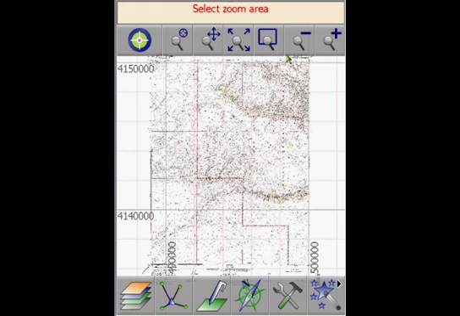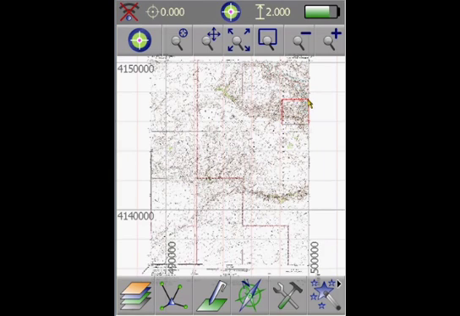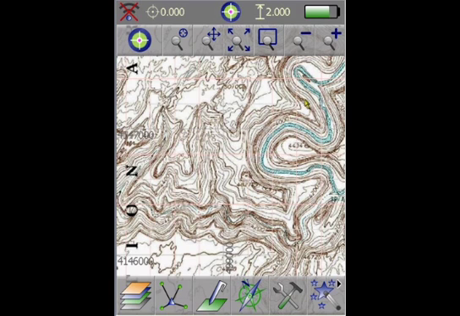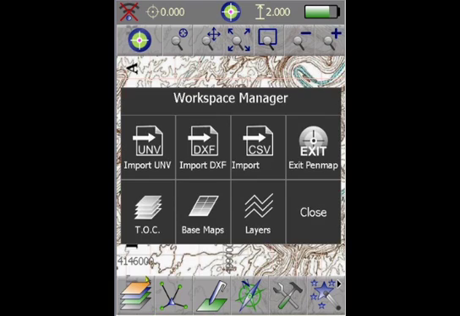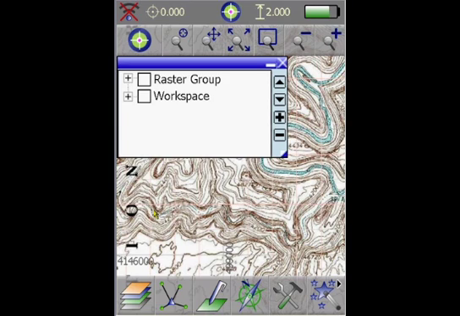So we see here a USGS map, we zoom in closer to get the details. We can use the top bar to navigate, and you see the top bar and the dock have translucent buttons so that we get a full screen impression. So we go back to the Workspace Manager, table of contents, and delete the raster map first,